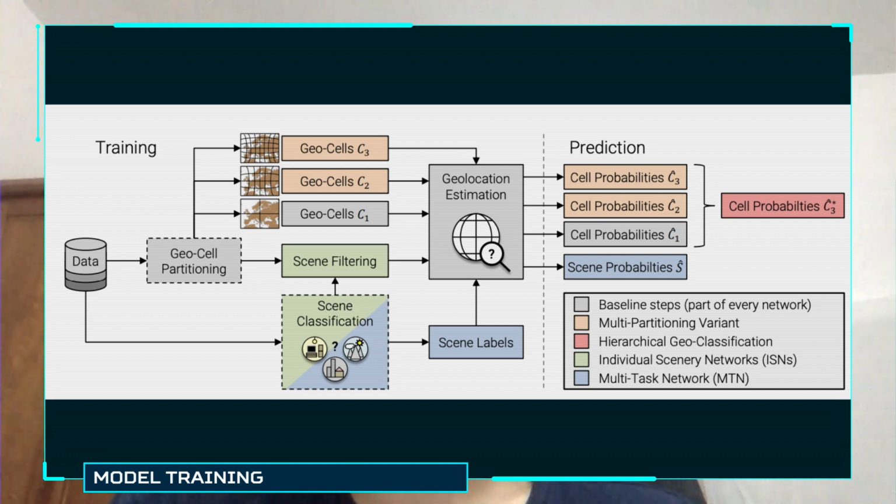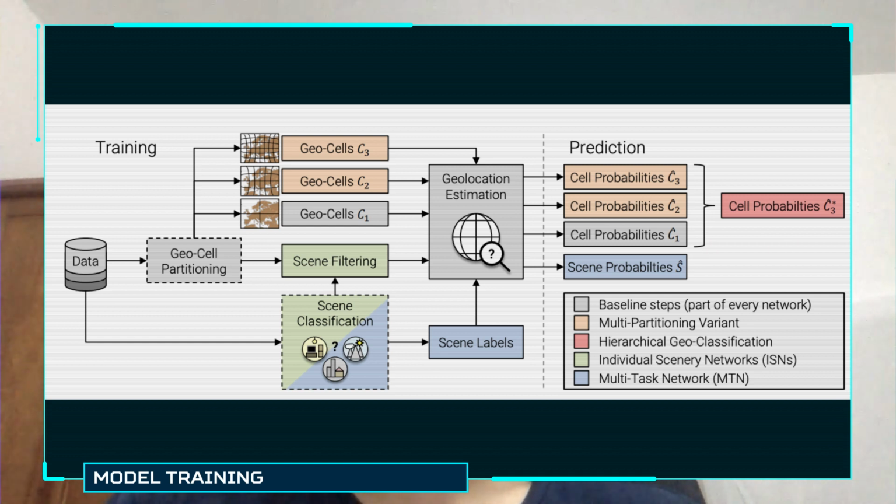To strengthen the accuracy, a deep learning model classifies place category, which could be outdoor, natural, or man-made, or indoor. This is used as a complementary task to the main task, which is classifying the cells. The author also introduced a process which they call hierarchical geo classification. Cells are divided in different levels, from coarse to fine, and then classified. The final probability is calculated by multiplying the probability of each level.